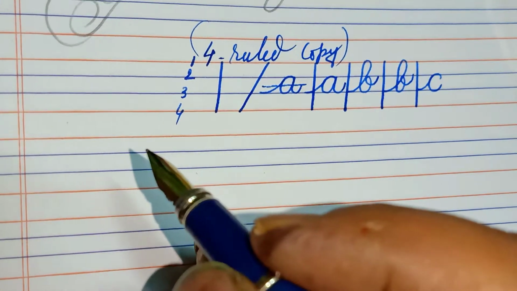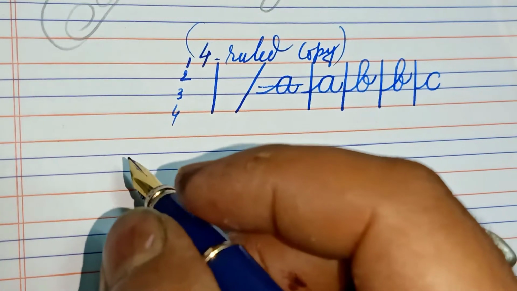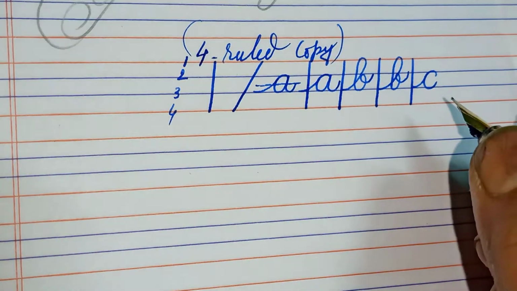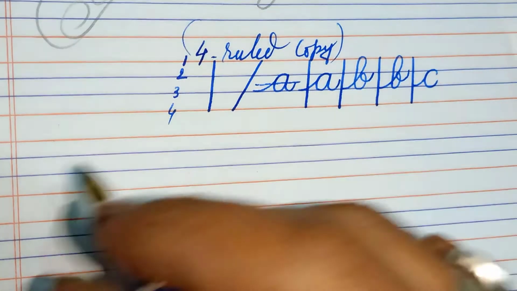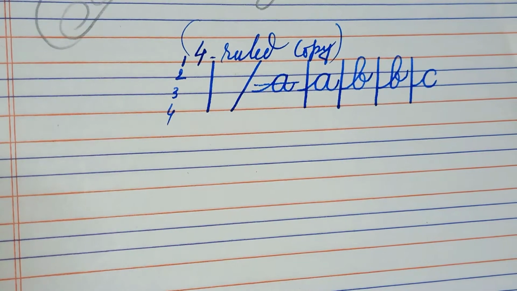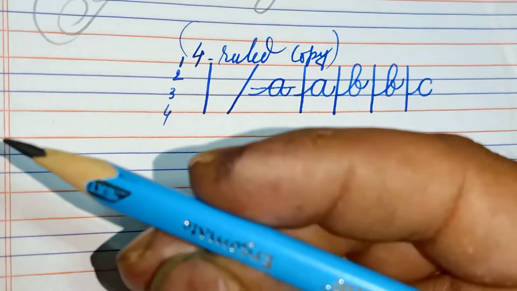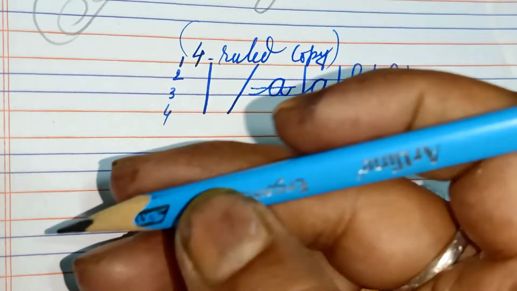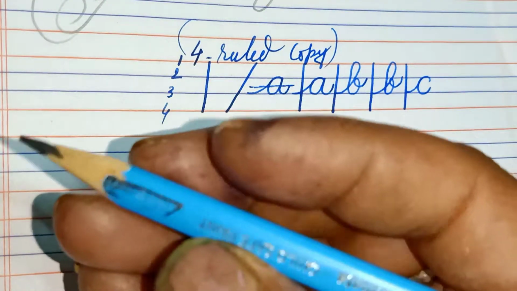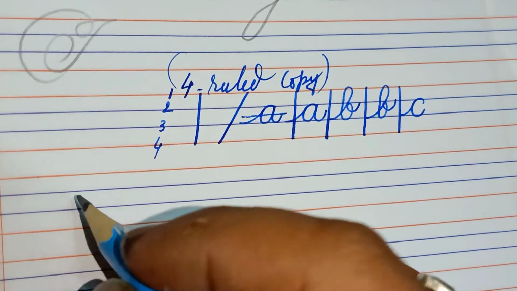I am using one fountain pen. Okay, you can use any pencil like 4B, 2B or extra dark pencil, that is good. Okay, let me write something with the pencil. I will show you. So this one is the pencil I have, and this one is the art line extra dark pencil. Okay, you can use this or any extra dark pencil of any brand. Hold it like this,